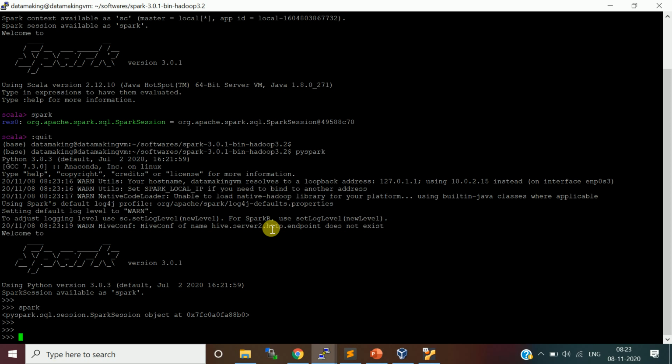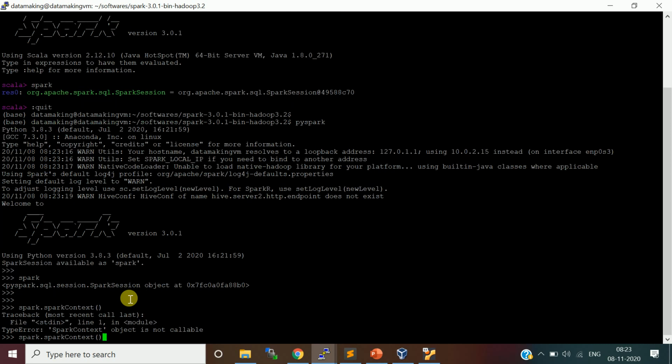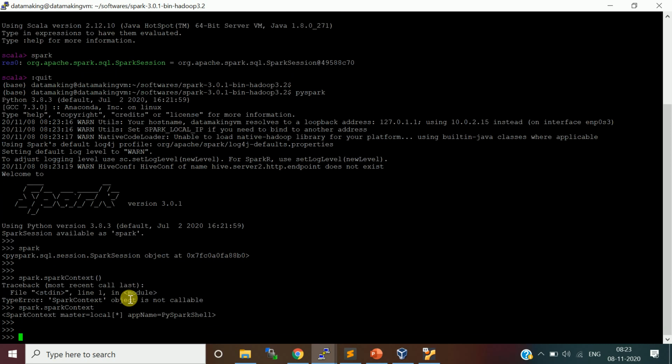It comes with the spark session object. If you want to access the Spark context, just say spark.sparkContext. I think yeah, it is available.